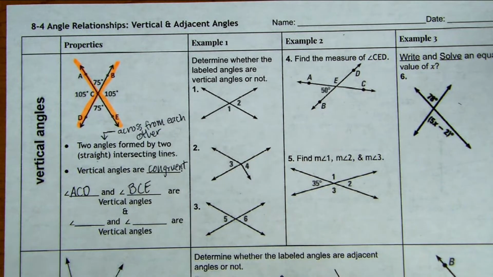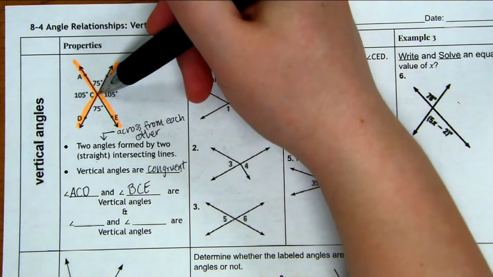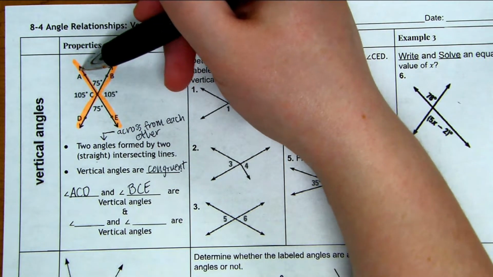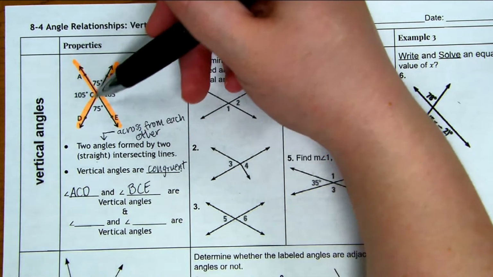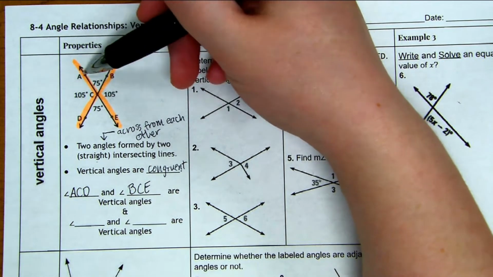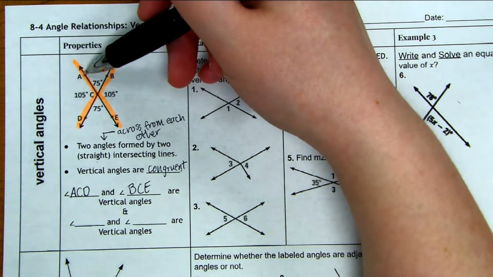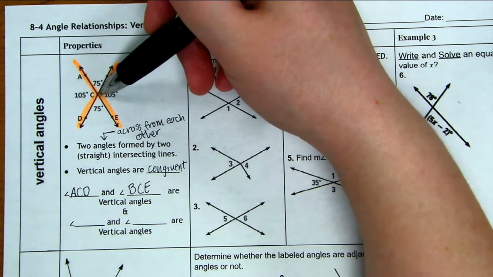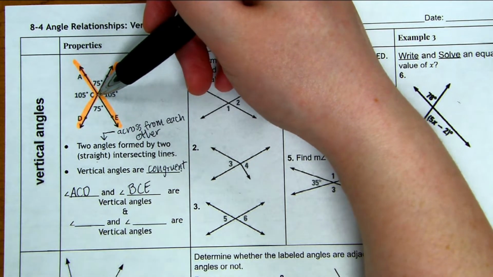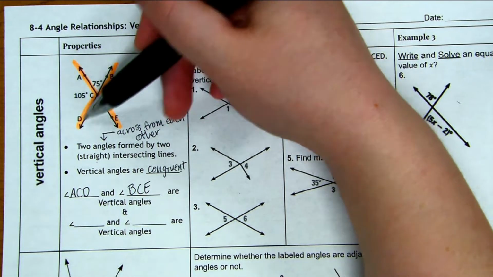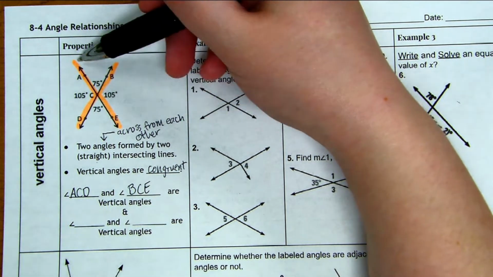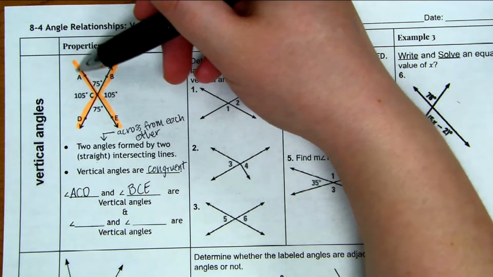It's important to be careful when you're naming angles because we want to make sure that we're tracing along the edges of that angle. So we start with a point on one ray or one side of the angle, and then we name the vertex or the corner of the angle, and then we name a point on the other side of the angle. We could also name this in reverse, so for this angle ACD, we could name it